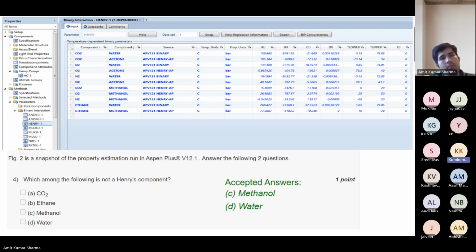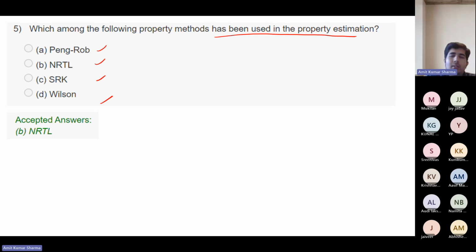So basically, NRTL is used for vapor liquid equilibrium, and here, since we are using Henry's law, we know it's an ideal model. Meaning we are assuming vapor liquid equilibrium, so that's why. Okay, nice. So yes, it's NRTL, as you also discussed. Peng-Robinson, SRK, Wilson, they are mostly for the hydrocarbons and all. So NRTL is with the Henry's components and these water, methanol components.